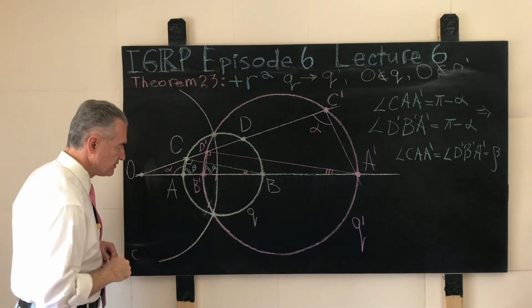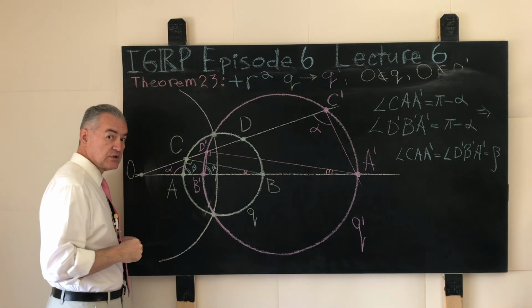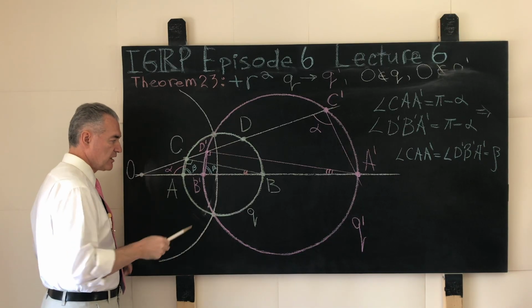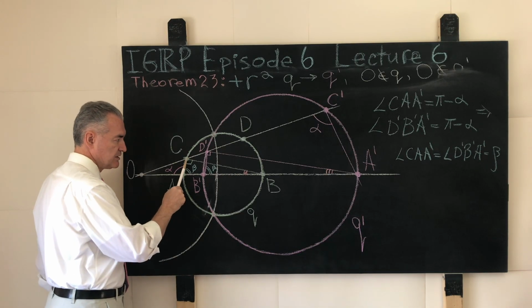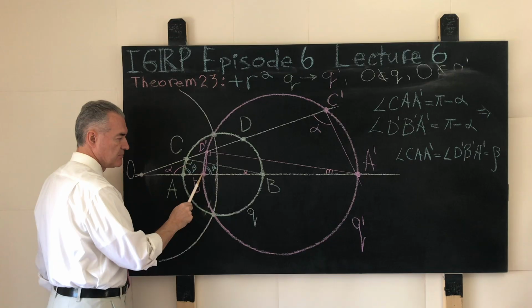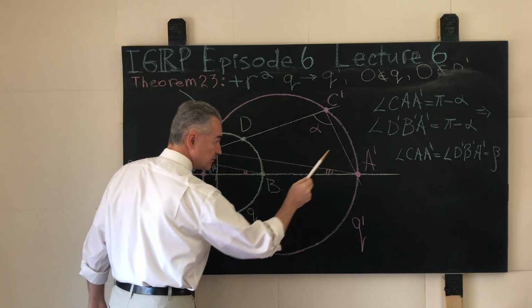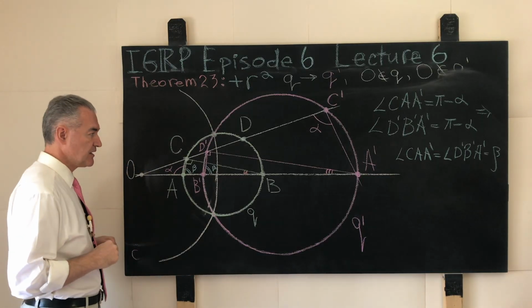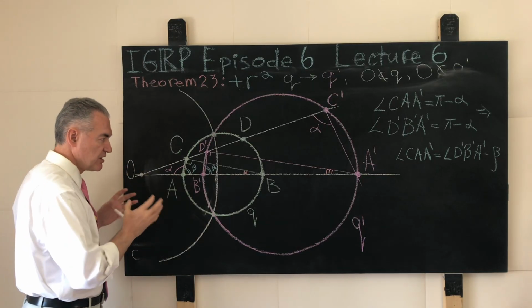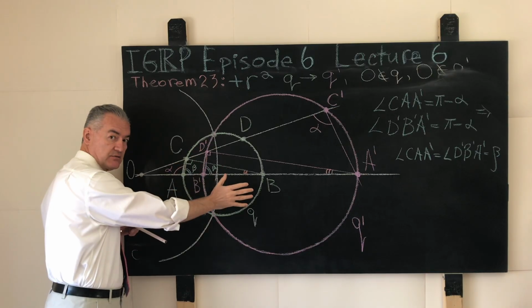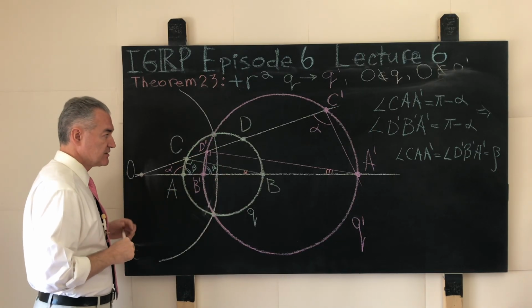Now, that means that not only are our right triangles A, C, B, and B prime, D prime, and A prime similar, that is all fine and dandy, but due to how they are oriented in the ambient plane,